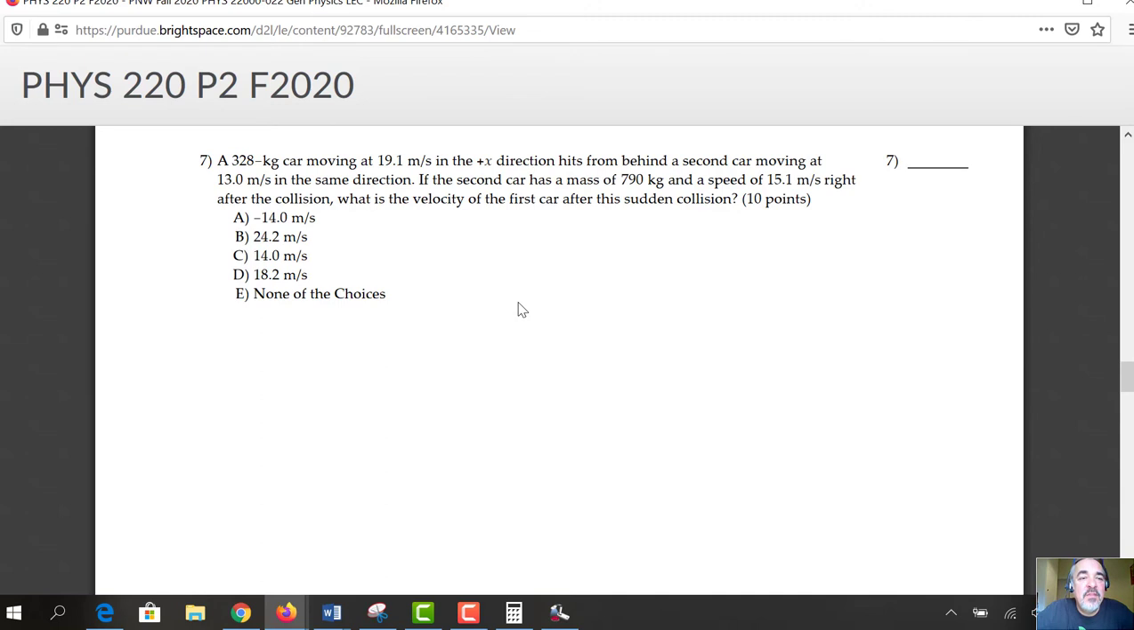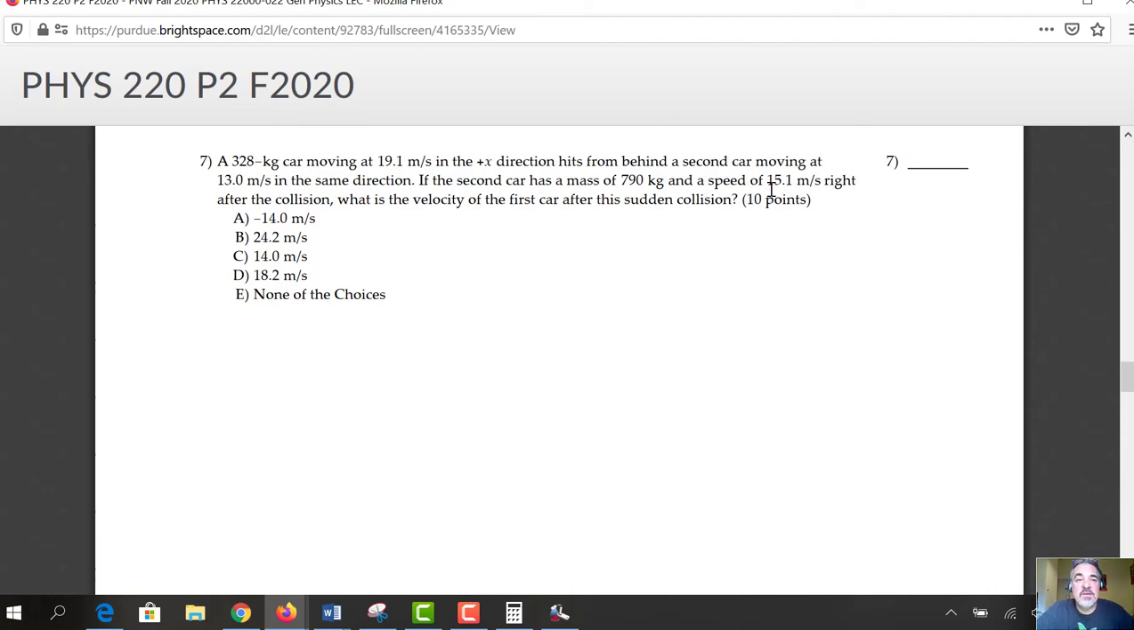Okay, 328 kilogram car moving at 19.1 in the plus X direction. Okay, good. Hits from behind a second car moving at 13. Okay, so the second car is not going as fast in the same direction. If the second car has a mass of 790 kilograms and a speed of 15.1 right after the collision, what is the velocity of the first car after the sudden collision? So picture it happening. Faster car comes up, hits a slower moving car. The slower moving car actually then speeds up,